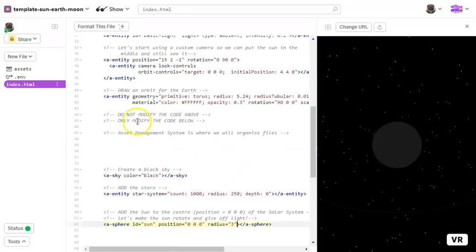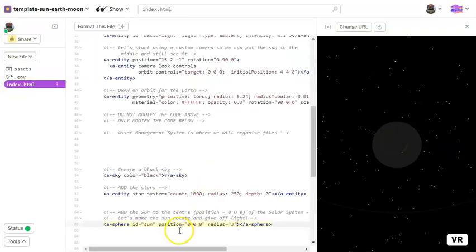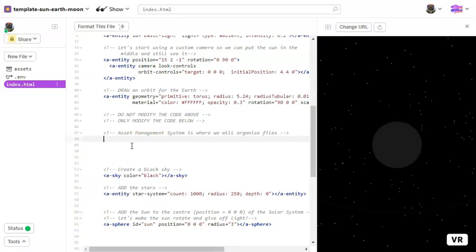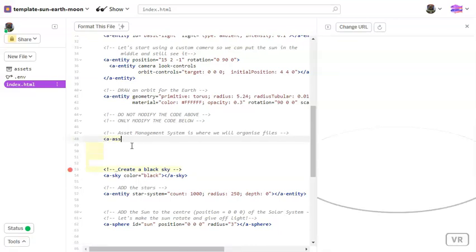Okay, so this is an important step to follow because we're going to use this sun map to wrap it around this sphere. So how do we do that? Okay, we need to add some code here. So where it says asset management, we've got to enter a little bit of code here. So come here, go tab, tab, tab. We need to say we're going to put some assets here. So we type a-assets,